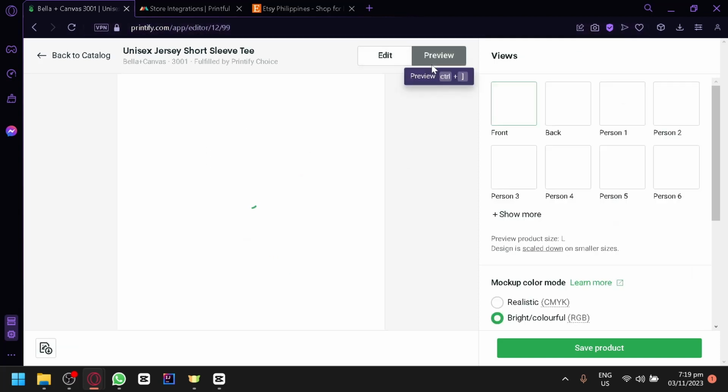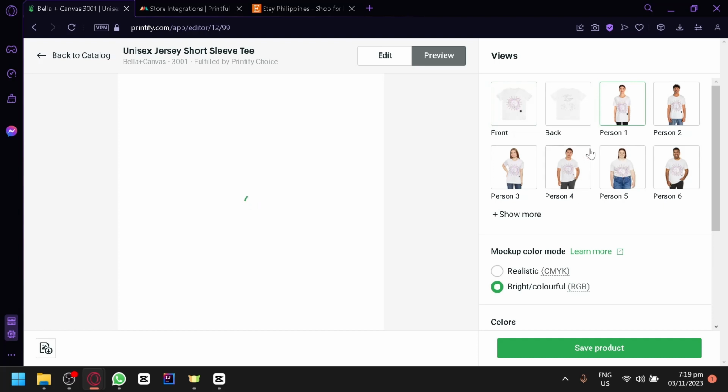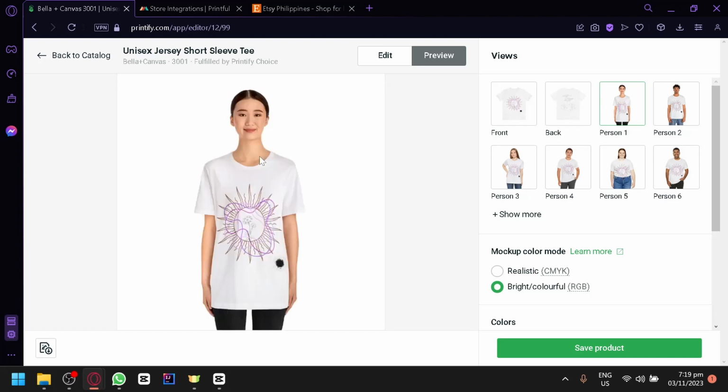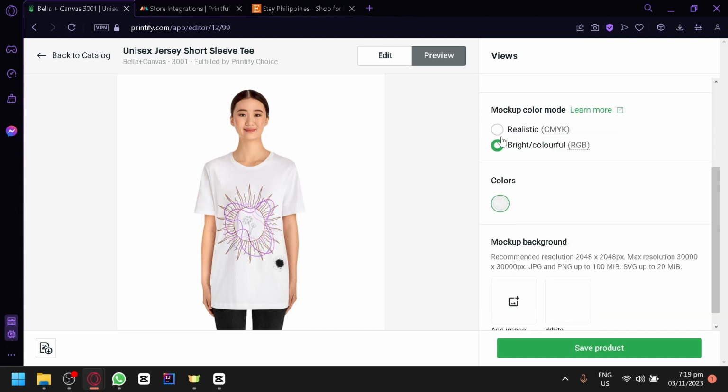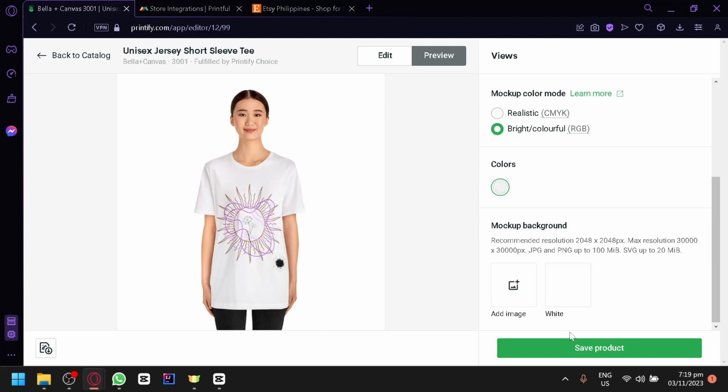Then you can also click on preview, which would allow you to preview it on a person or a mock-up. For example, you have a person posing here or modeling for the product that you have. You're going to have to give it a few seconds to load because it's of course putting your design on a model. So simply wait for a few seconds. There we go. Now we have our model over here. Then you can change your mock-up color mode to realistic or bright and colorful over here. So simply click on save product and you will be able to save the product and proceed to upload it